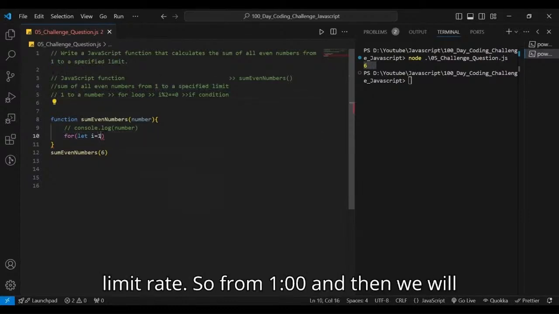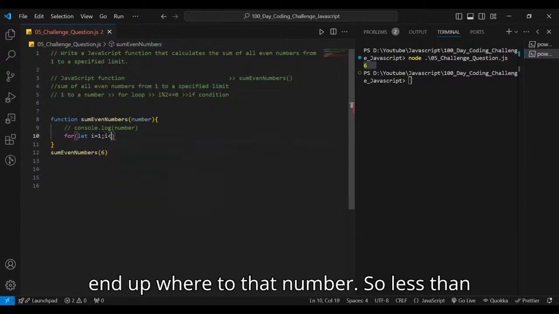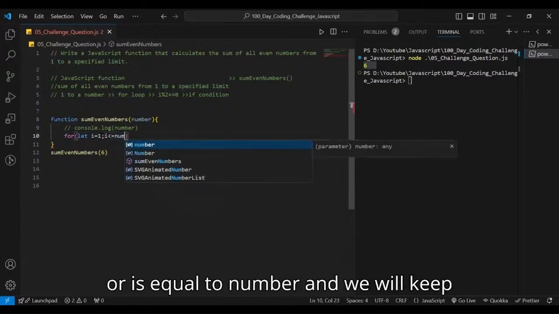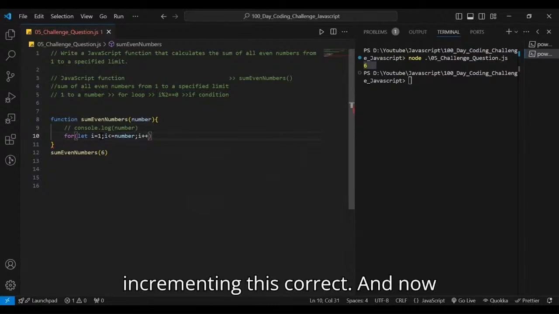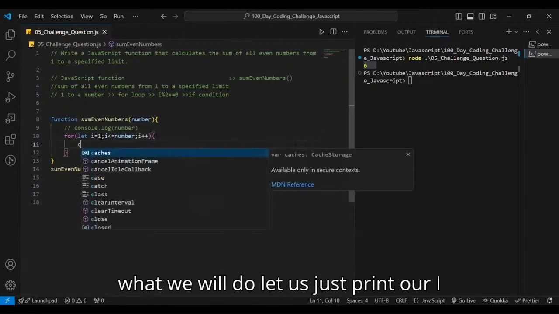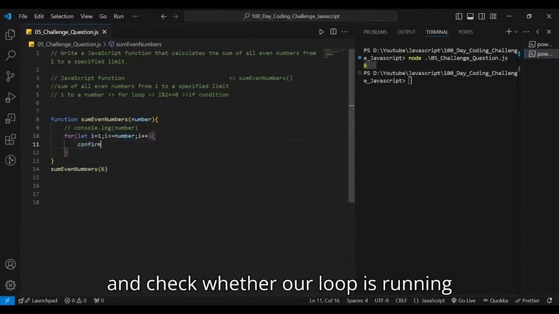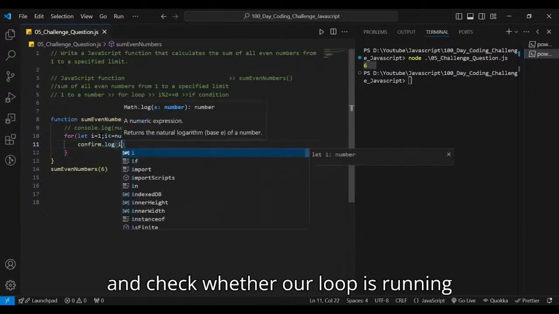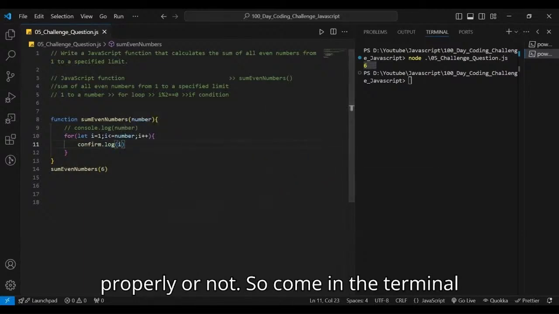So from 1, and then we will end up where? To that number. So less than or equal to number, and we will keep incrementing this, correct? And now what we will do, let us just print our i and check whether our loop is running properly or not. So come to the terminal